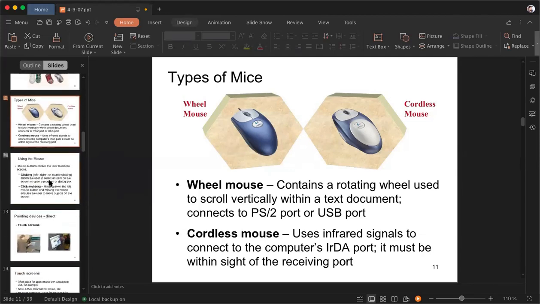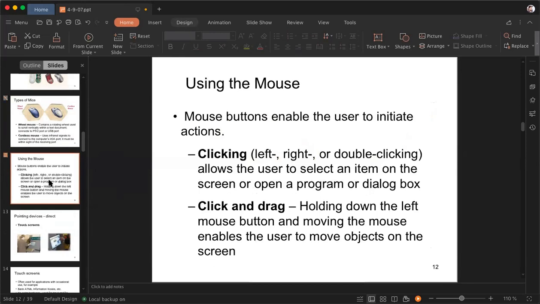Yes. What are the different operations we can perform with the help of the mouse? I think clicking left and right, double click as well. It helps to click and drag the data as well. Okay, so that is the basic functionality. With the help of the mouse, we can initiate and proceed. That is the uses of the mouse, the actions you can perform.